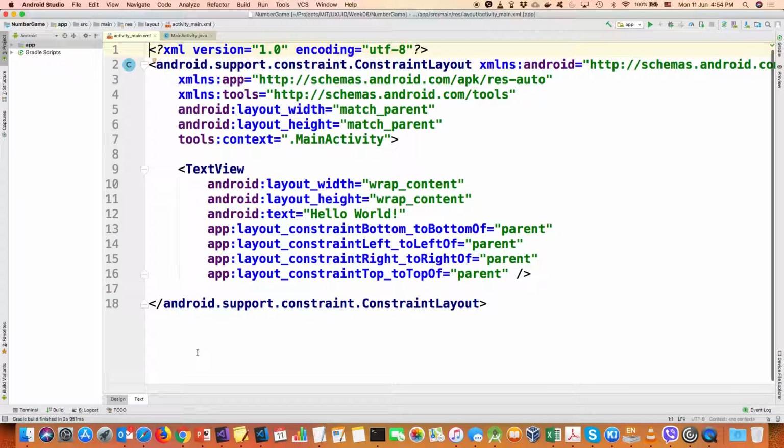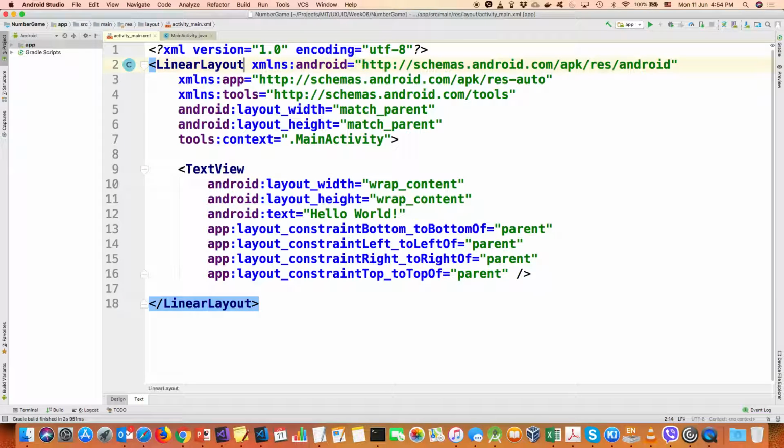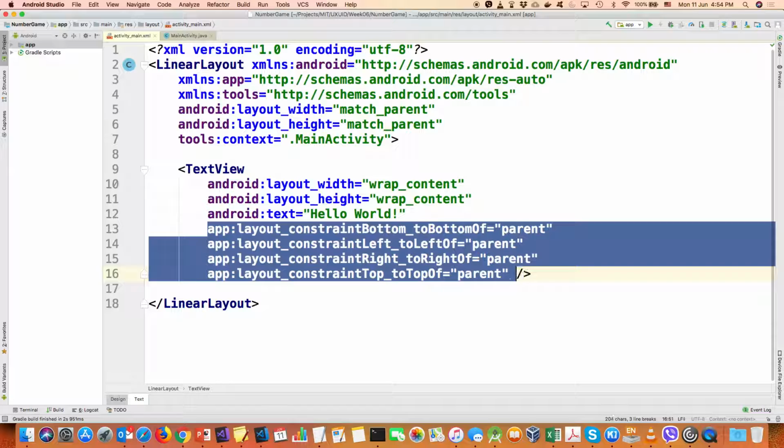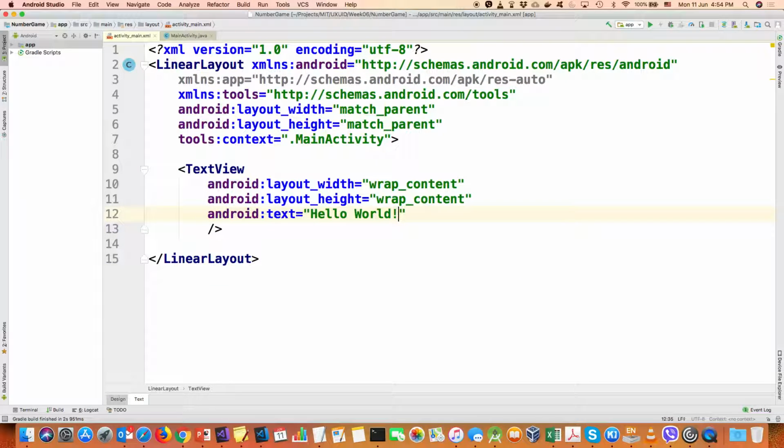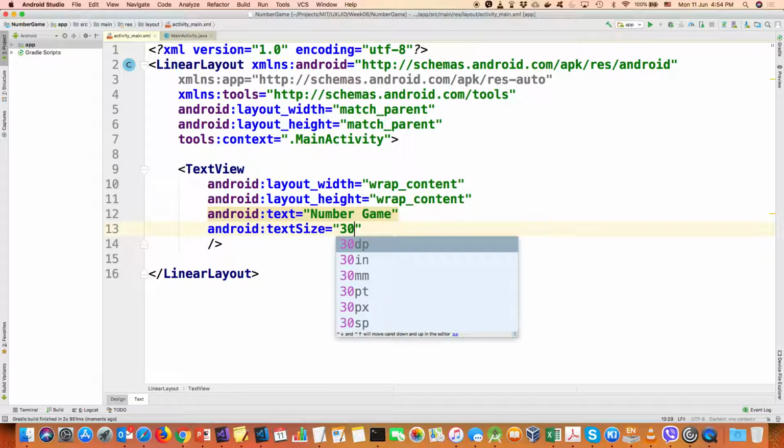So first of all, we need to change that specific part. You know that we say that I want a linear layout. Here I want to remove all those constraints. Okay, instead of saying hello world, we are saying it number game. We can put something here like text size 30 sp,